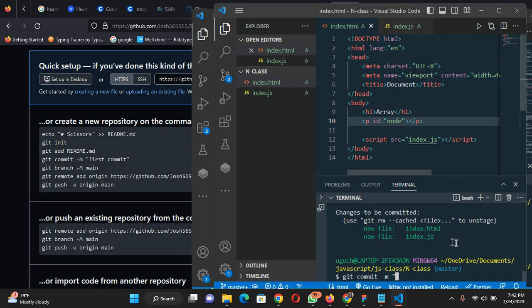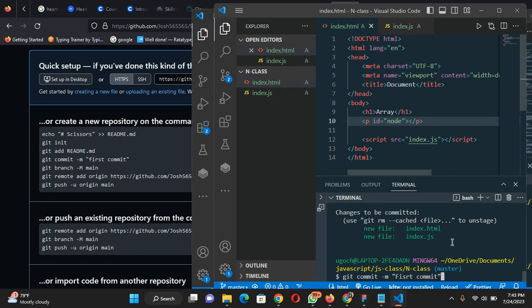Let's say you first pushed it with "first commit", then after that you made some changes and want to push again. You have to write a commit message because it will help you remember the changes you made. Later, maybe some years on, you come back to the project and want to check all the different versions, you can tell from the commit message what you did and updated before pushing. So you can use this "first commit",